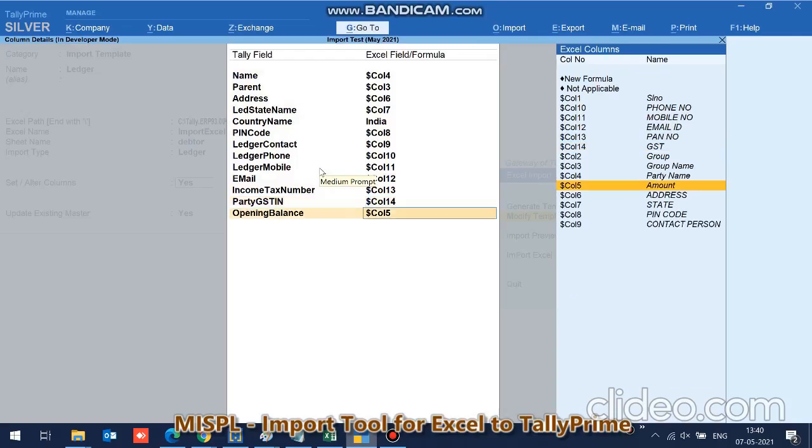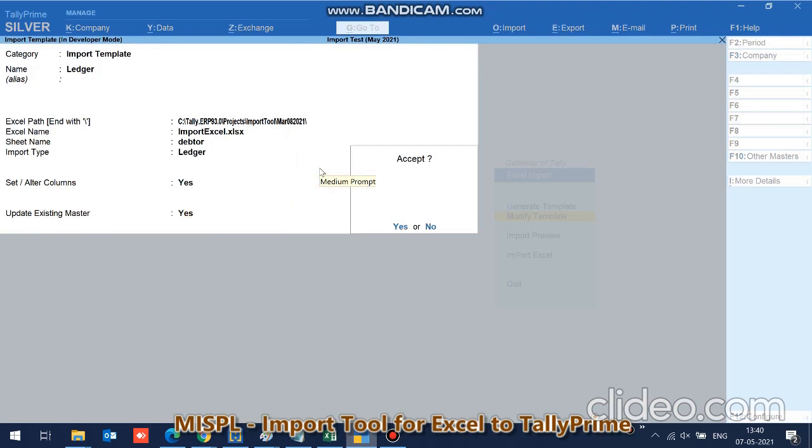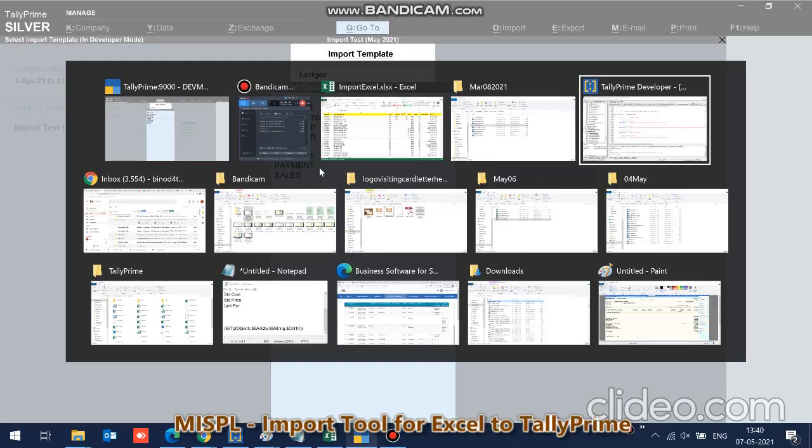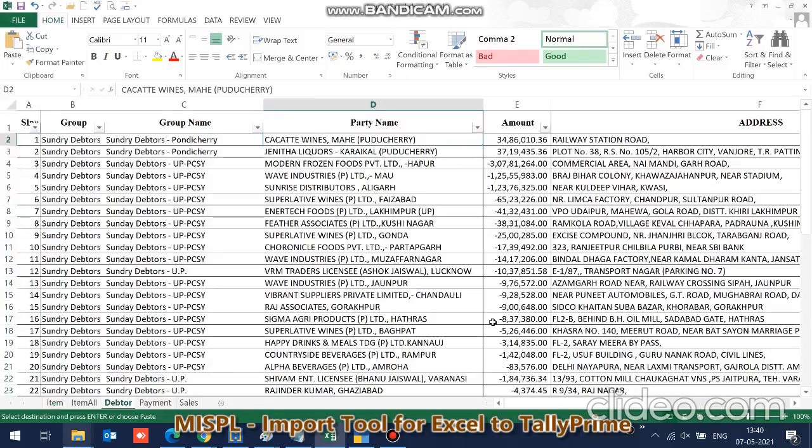Opening balance, mind you one thing, if it is in minus in Excel, it will go as plus, that is debit. If it is in plus, it will go as a minus. So that thing you have to take care of, you have to reverse it. So I have already reversed it: which is in minus means it is a debit, which is in plus, that is our credit.